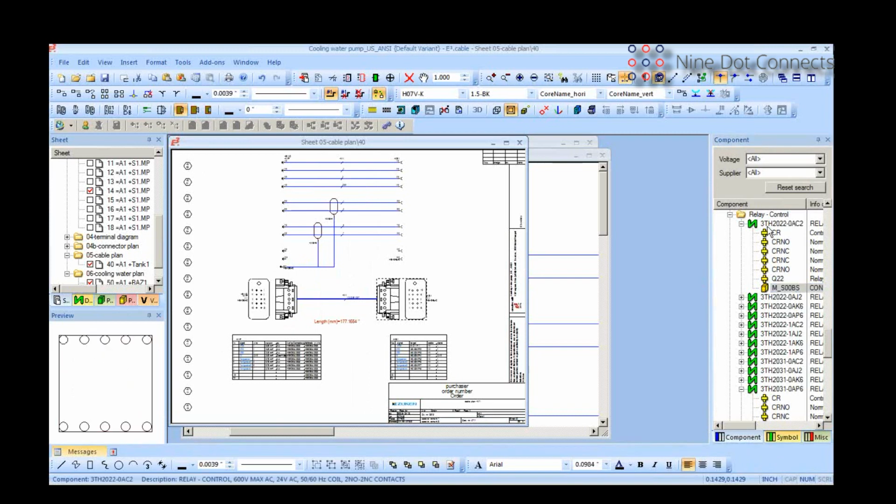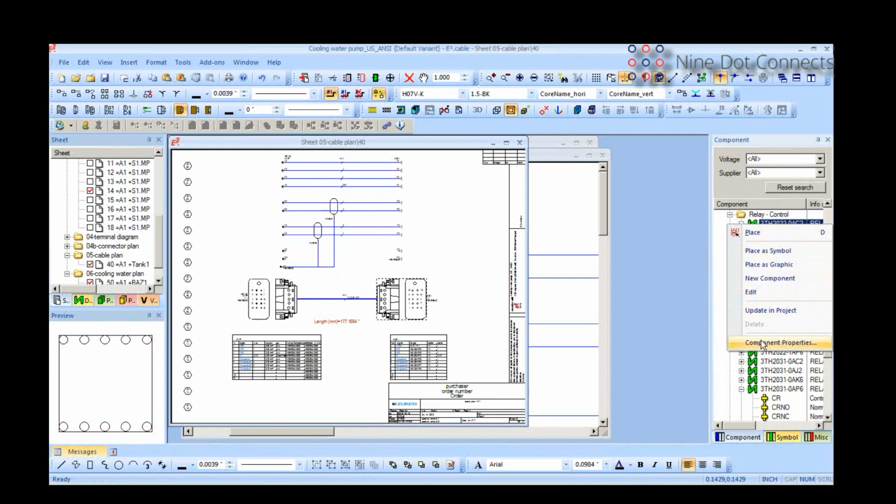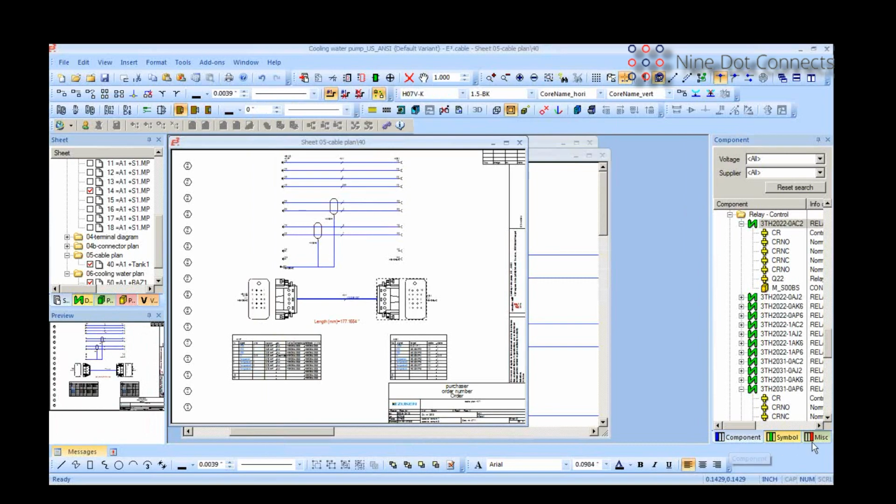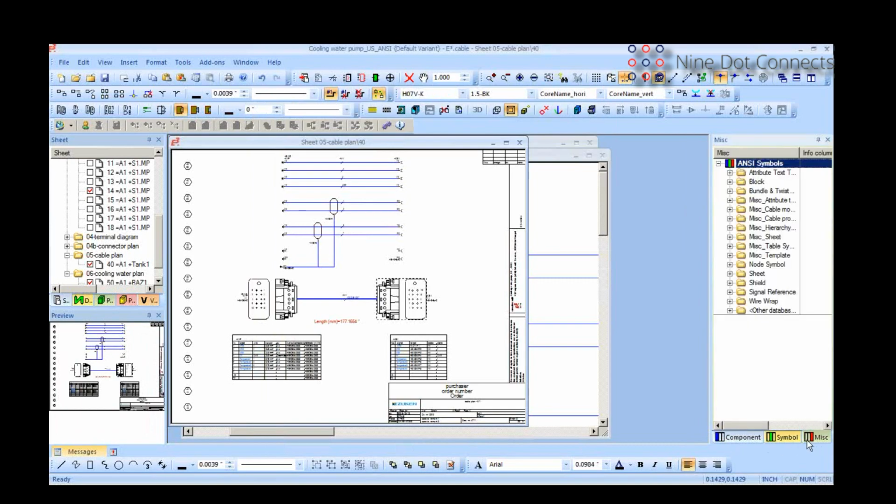So in addition to the symbols that are used by a component, we also have attribute data. And there's no restriction on the amount of attribute data you can have associated with any component. You've got the freedom to describe the attributes and to have the attribute information associated with the components. And in the final tab in this library, we have different types of symbols that don't directly relate to a